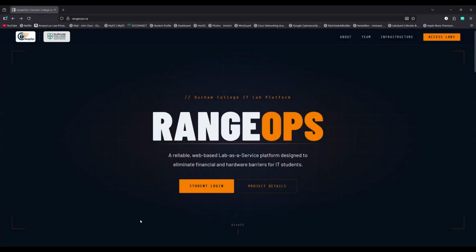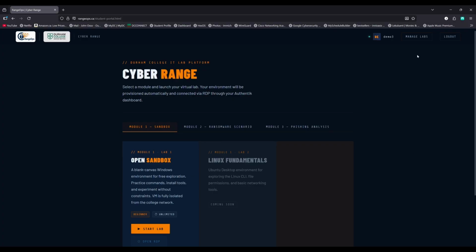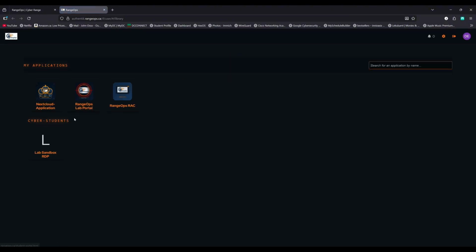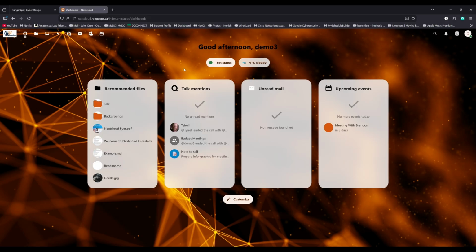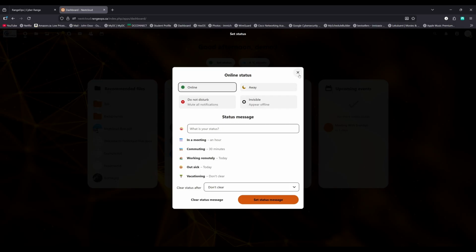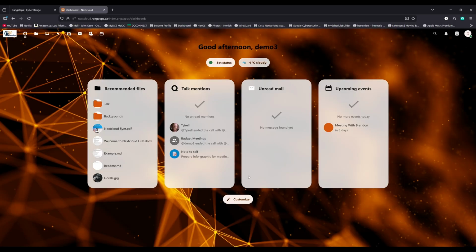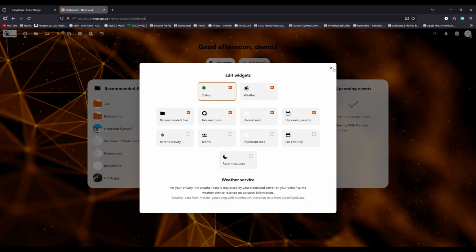Hi, John here. I'm just going to be walking you through the collaborative platform that we set up. It's based on Nextcloud. And once we're in here, we're just going to want to go to Manage Labs. And now we're in Nextcloud. As you can see, the main page here, you have some recommended files, some Talk mentions. So these are your previous chats, unread mail, and any upcoming events. As you can see, I got a meeting. Here you can change your status, as well as check the weather, and you can also just customize whatever you'd